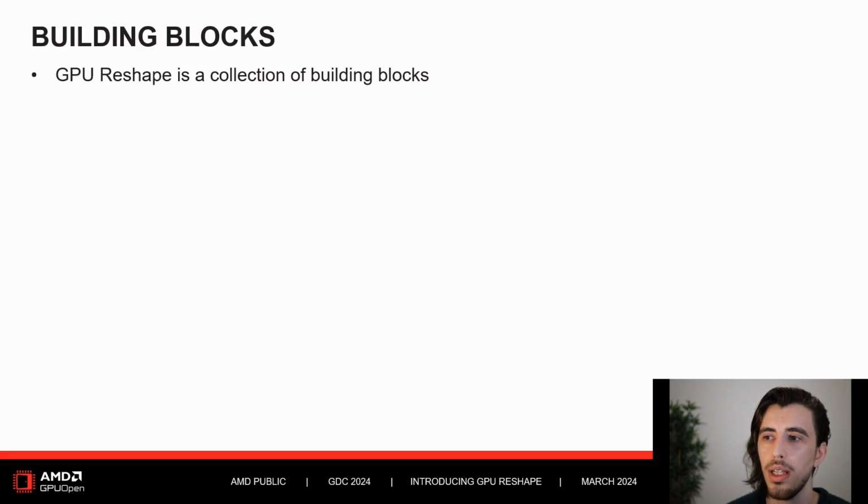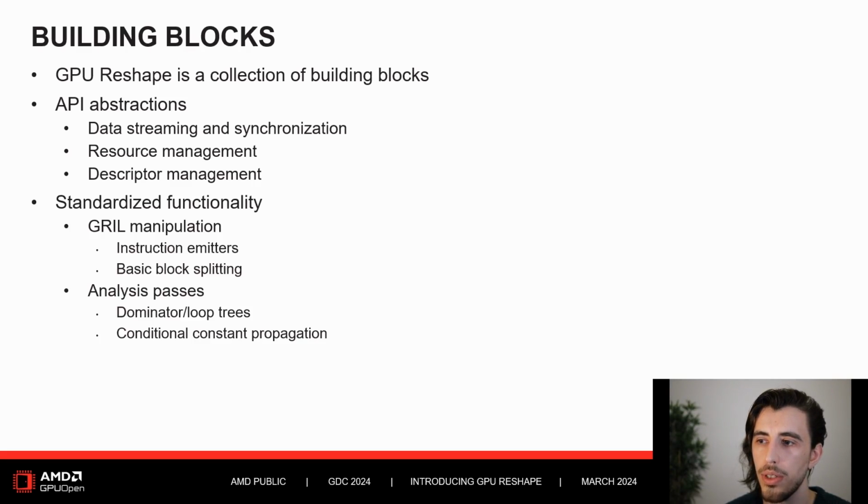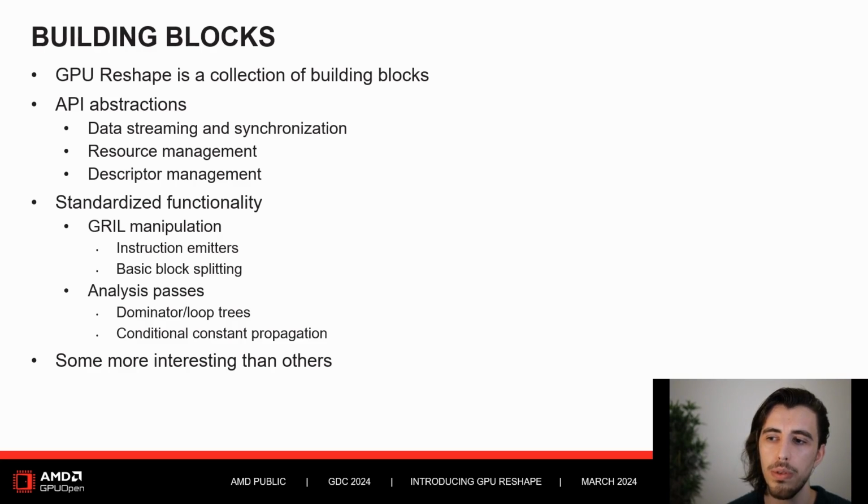Think of Reshape as a collection of building blocks. On one hand, we have a set of API abstractions, such as data streaming, descriptor management, etc. And on the other side, we have a set of standardized functionality using these abstractions. This may be commonplace Grill manipulation, analysis of shader operations, etc. There's quite a bit of stuff in here, but I briefly wanted to go over some of the things that